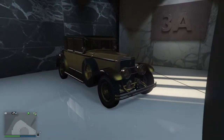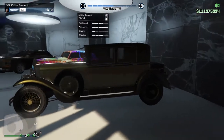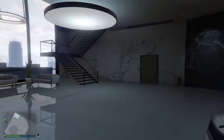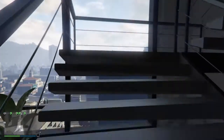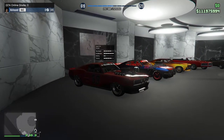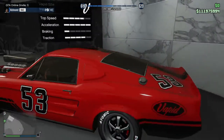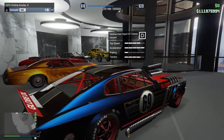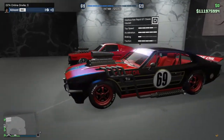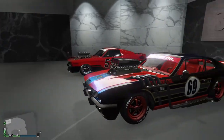And another luxury vehicle from the past. The Roosevelt. Very nice. That's the original Roosevelt. The first that appeared in the game. Okay, here we have muscle vehicles, starting with the Ellie. Beautiful car. That's the Rapid GT. I love this one. The Ellie and the Rapid GT looks like they come from the same manufacturer, but I think I prefer the Rapid GT to the Ellie